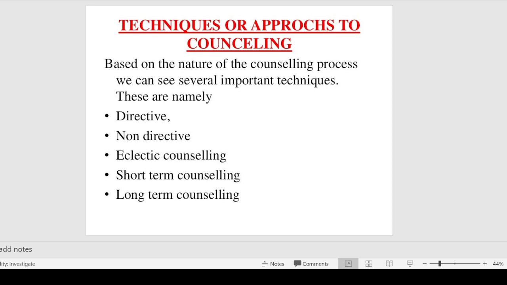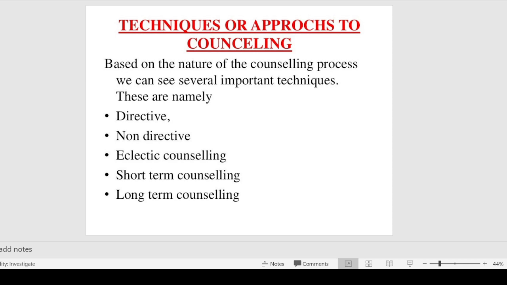So directive, the word itself is saying, this counseling is related with psychiatric or psychological problems or issues or health issues. We are giving goal-oriented counseling and guidance. It's completely goal oriented. We are taking a specific point and speaking on a specific topic and trying to modify a specific area. That's why we call it directive counseling.